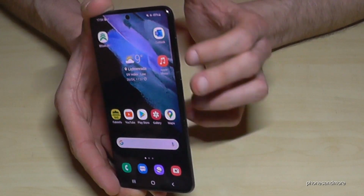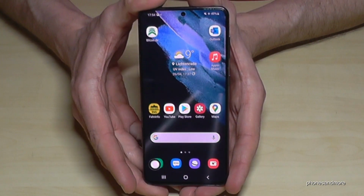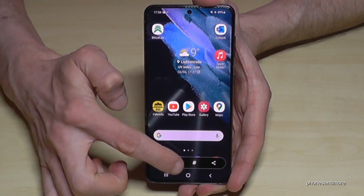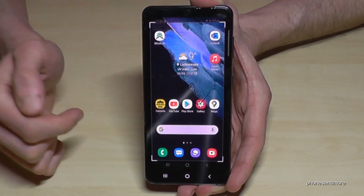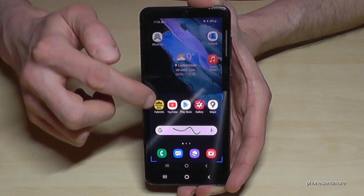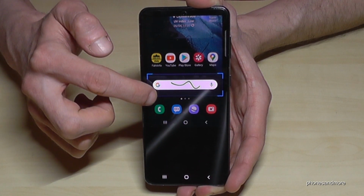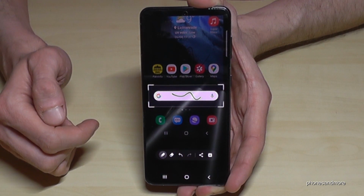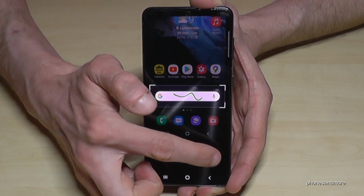And one more time, the power button and the volume down button just for short together, and we will have a screenshot. And if we tap now on the editing symbol, we have the opportunity to draw something inside here, and we can also crop a part of the screenshot. Maybe if you just want to have the Google bar or a picture from a website or something like this, it is possible. After that you can share the edited part directly or save it with the arrow